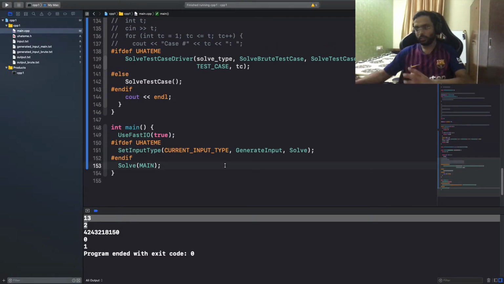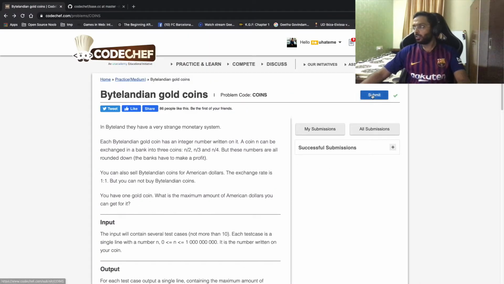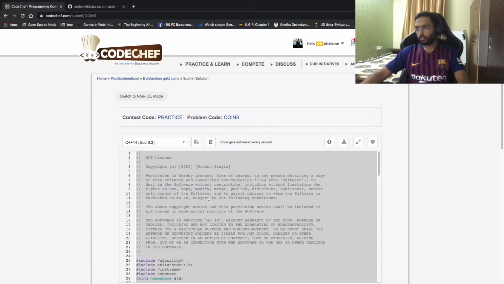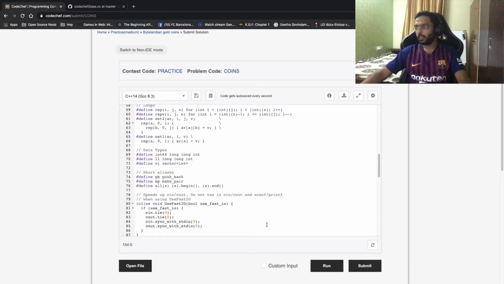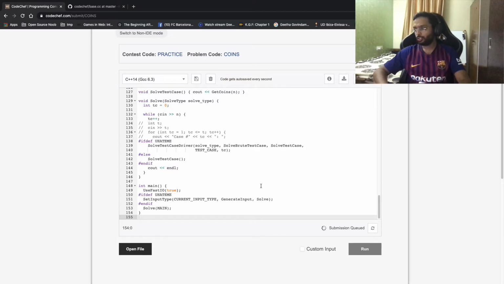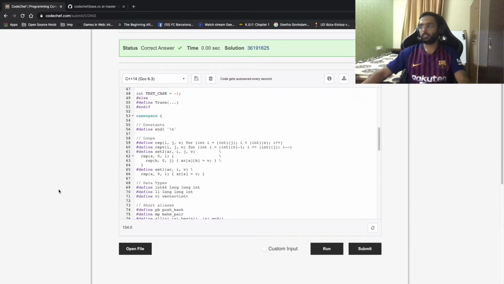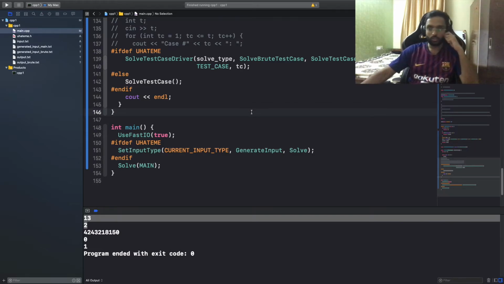Let me try actually submitting the solution, and then we can come back for the analysis, so that people who are just into the solution can drop off. I think I have already submitted the solution before. In fact, I did one just before, but there were some glitches with the video. Anyway, submit solution. Okay, let's check the queue. Great, it's a correct answer. So that's pretty much it about the solution.